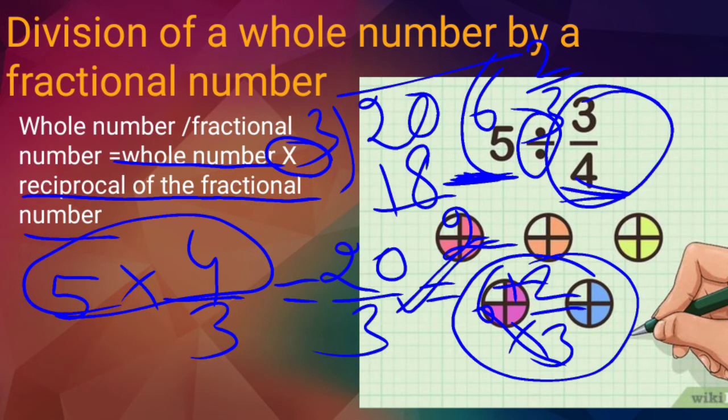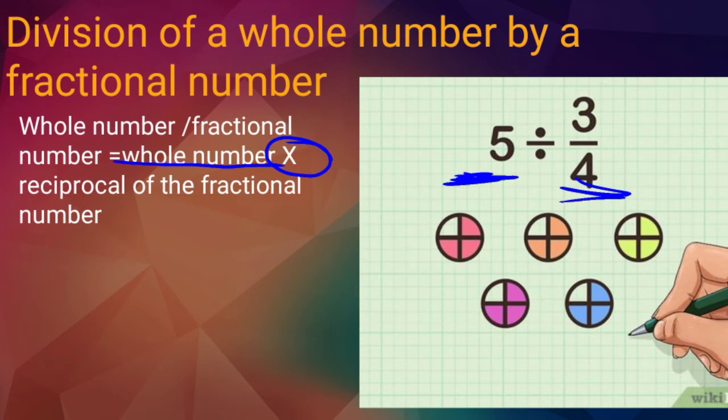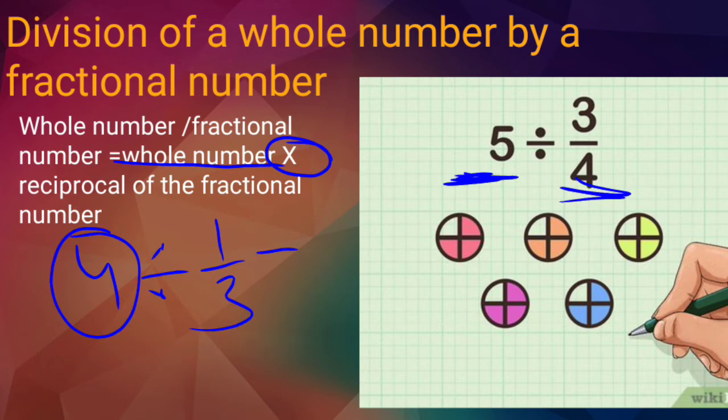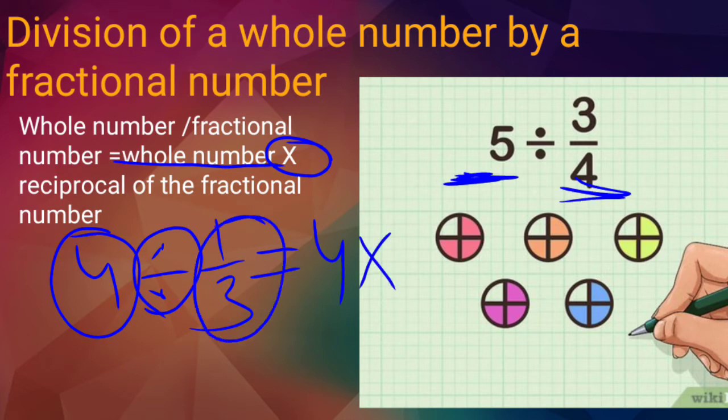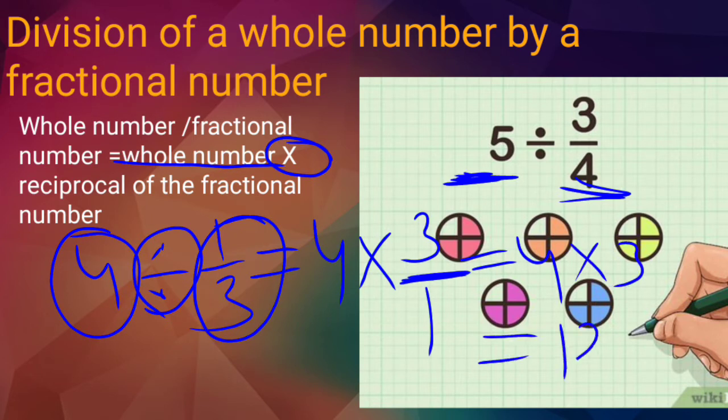Now I'm taking another example so that you can understand better. I'm taking 4 divided by 1 upon 3. So what will you do? You write this whole number as it is. As I told you, you change the right hand side number: change the division to multiplication and take the reciprocal of 1 upon 3, which becomes 3 upon 1. In maths, any number upon 1 is not a big issue. You simply write 4 multiplied by 3, which becomes 12. So that is a very simple question. Hope you understand these properties. Now move to the next.